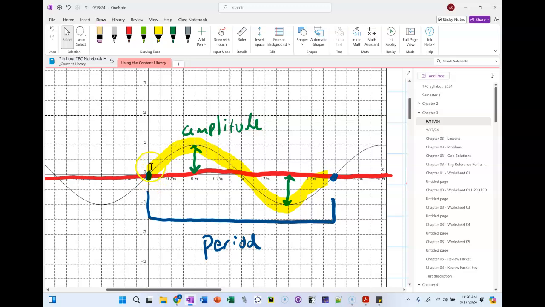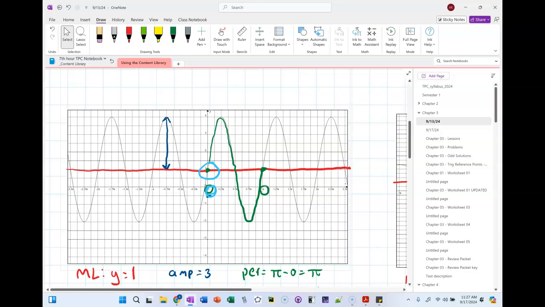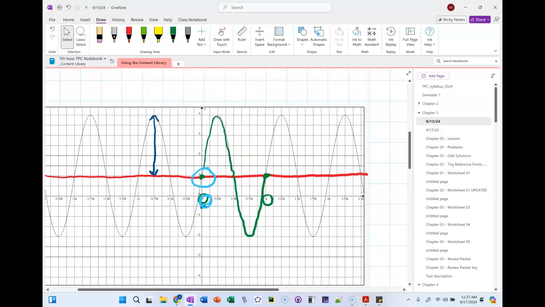And if I look at the period, we started at the x coordinate 0, and we ended at the x coordinate 2 pi. So the period would be 2 pi, right? The distance from 0 to 2 pi is just 2 pi. Does everybody feel okay on that? Okay. Now, our graphs for sine and cosine